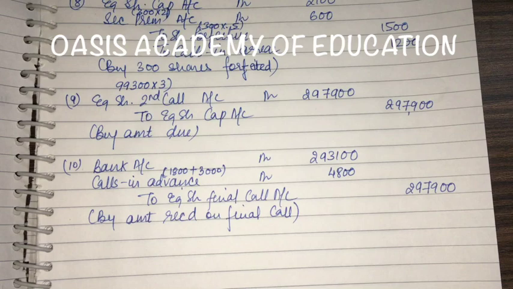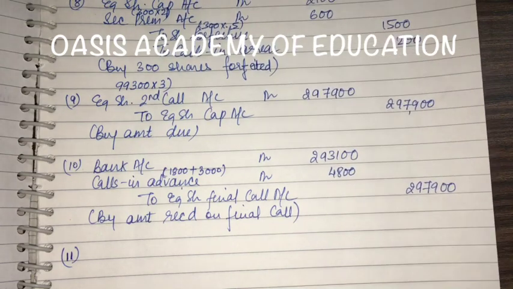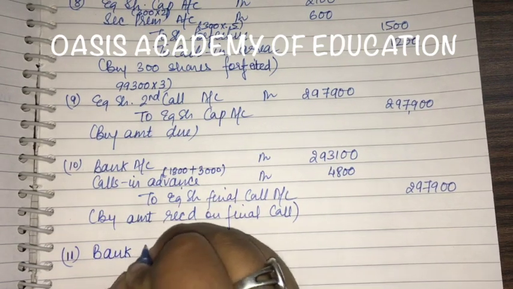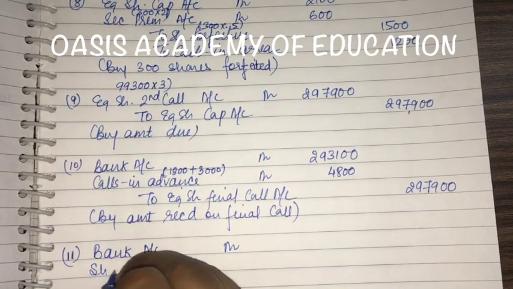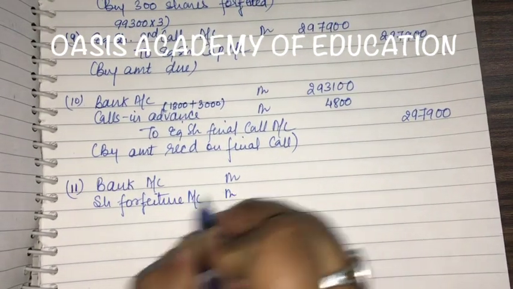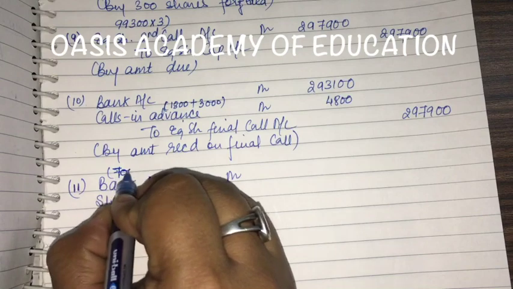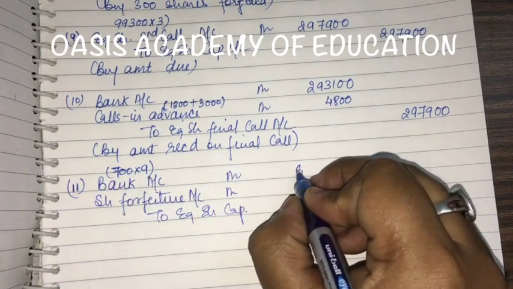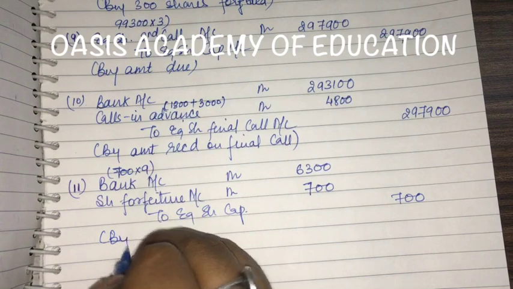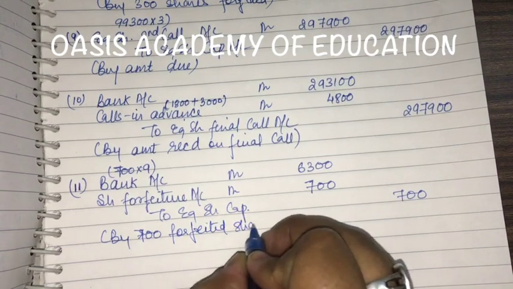right? Now after this we need to do the reissue segment. We need to reissue the shares of Gupta and Kumar, right? So at 9 rupees, so bank account debit, share forfeiture account debit, to equity share capital account. Now the question clearly says that you have received a total of 9 rupees, so you have received 6,300. 700 is what you have to take out from the share forfeiture balance, being 700 forfeited shares reissued,